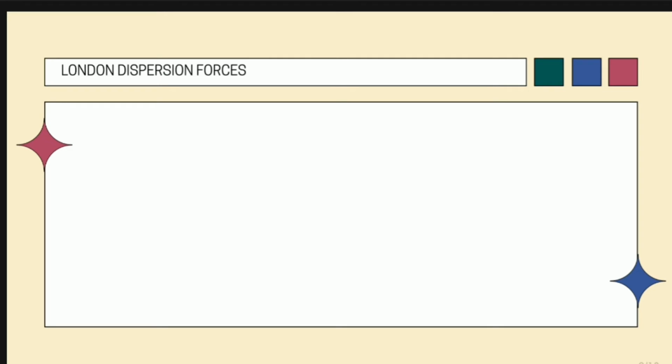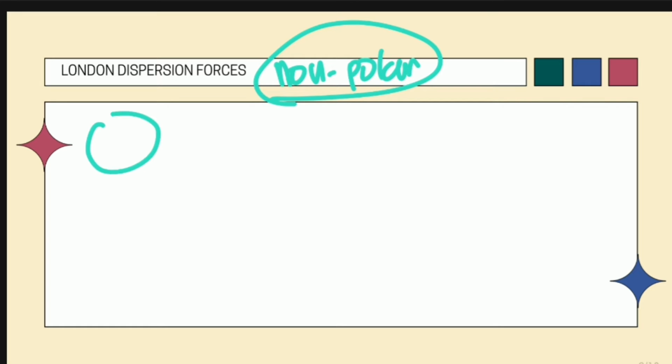The London dispersion forces are forces that exist in every type of atom or molecule. So, sa lahat ng atom or molecule, merong London dispersion force acting on it. Pero, si London dispersion force, mas predominant siya sa mga non-polar molecules. Mas nakikita siya sa mga non-polar na molecules. Now, let's have an example. For example, we have here a non-polar